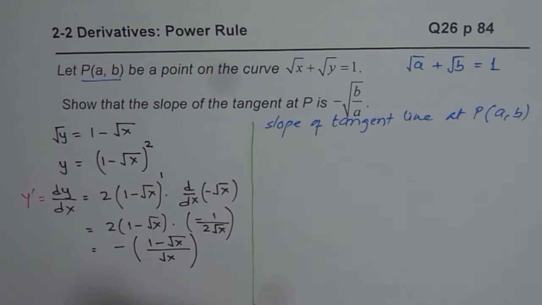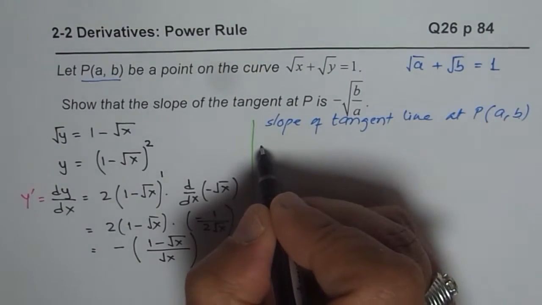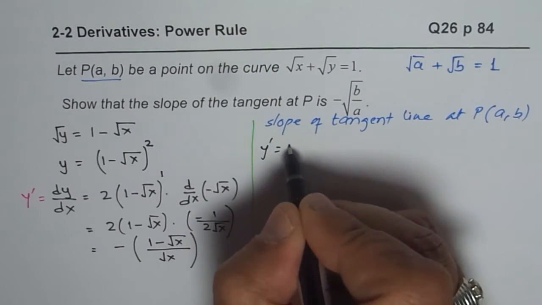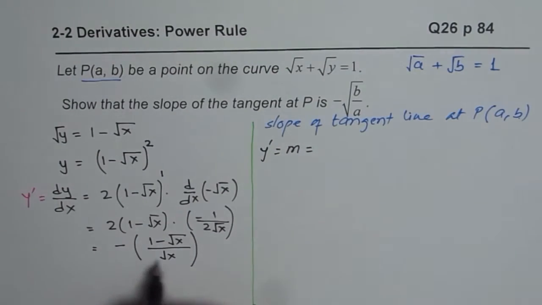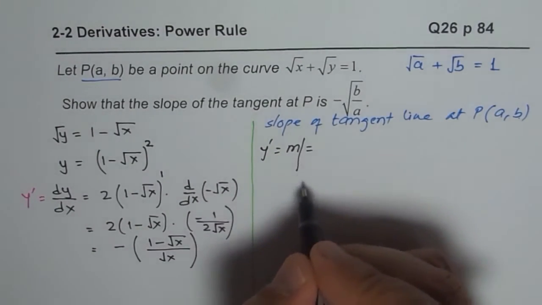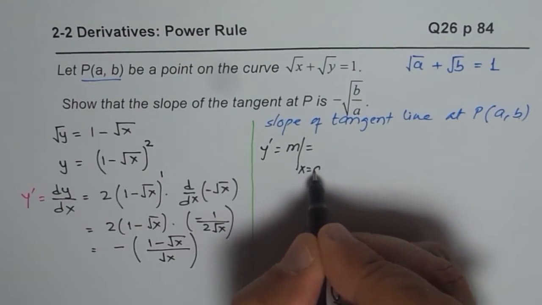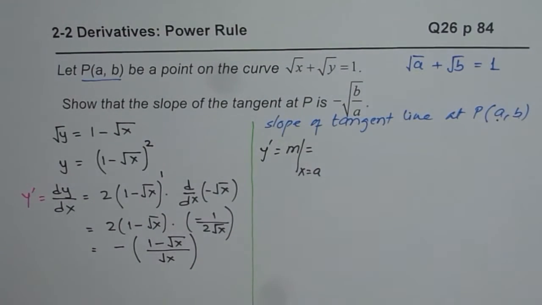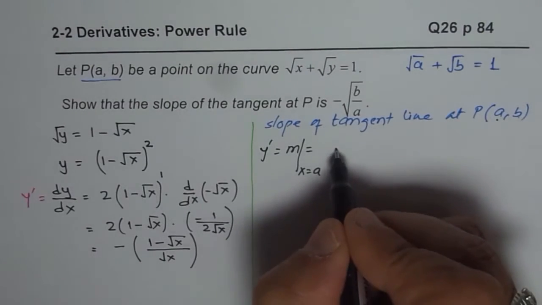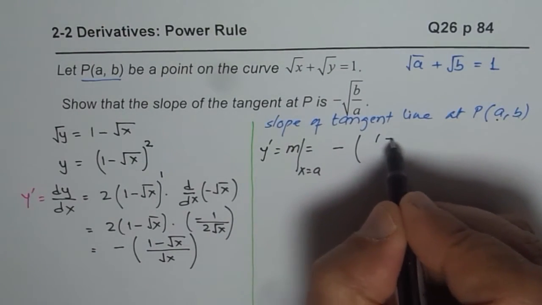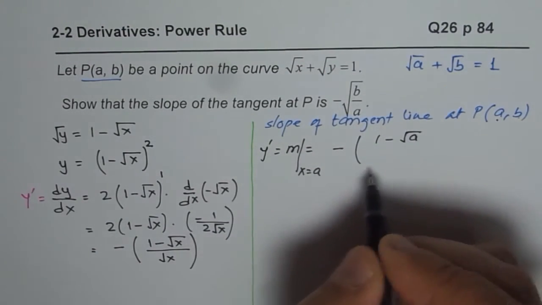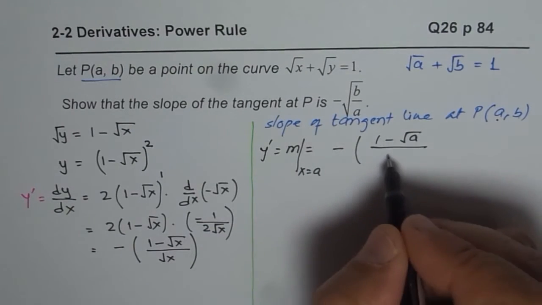If I do that, what do I get? We can write y dash, or you may write slope, whatever, and substitute. So let me write at x equals a. So x value is a for me. So I'm replacing with a, so I get minus (1 minus square root of a) over square root of a,